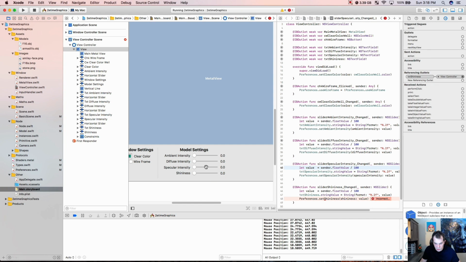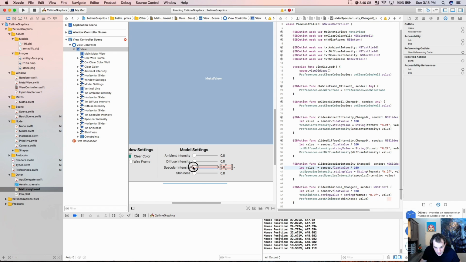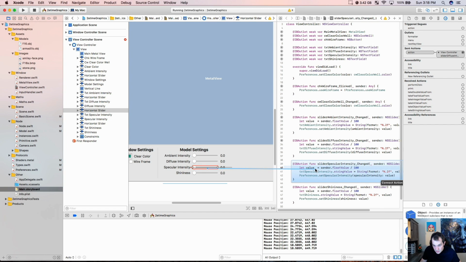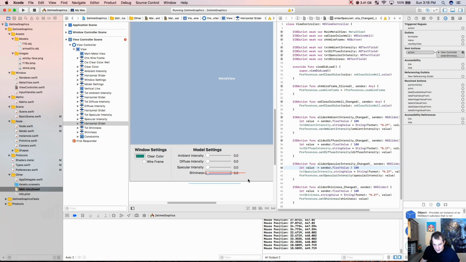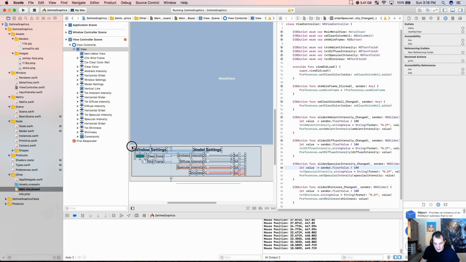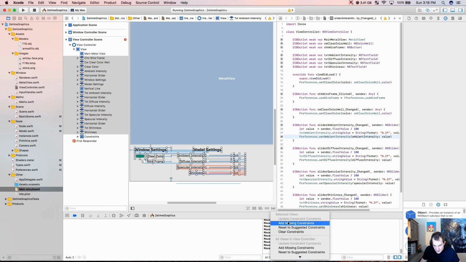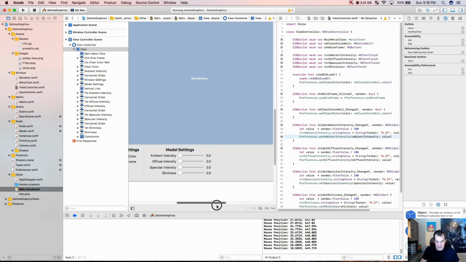Now we just need to control drag. Well, let's move this down just a hair. Yeah, move both these guys up just a smidge. That looks right. Yep, so now I'm going to control drag this one to here, control drag this one to here. Okay, that was simple enough. Let's just go ahead and update the positioning of these in the window. So we're going to first update. Oh, well, I guess we didn't move any of these around, so we don't need to update. But now that that's good,